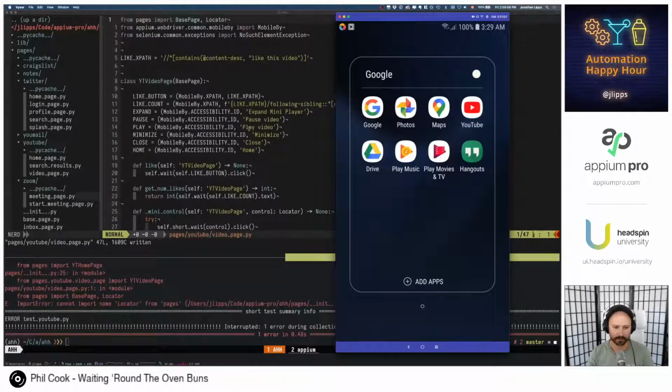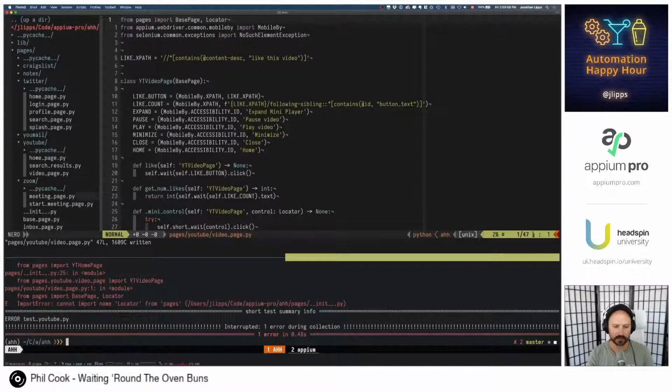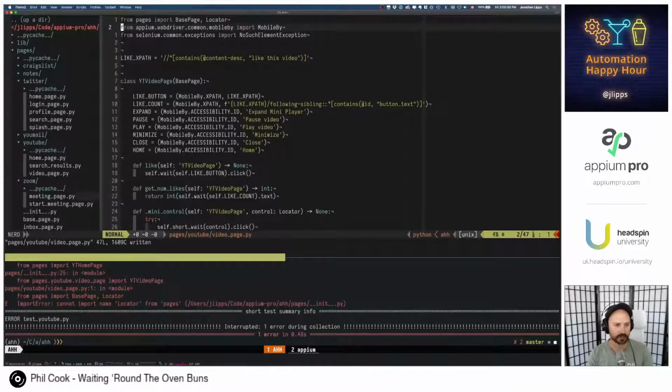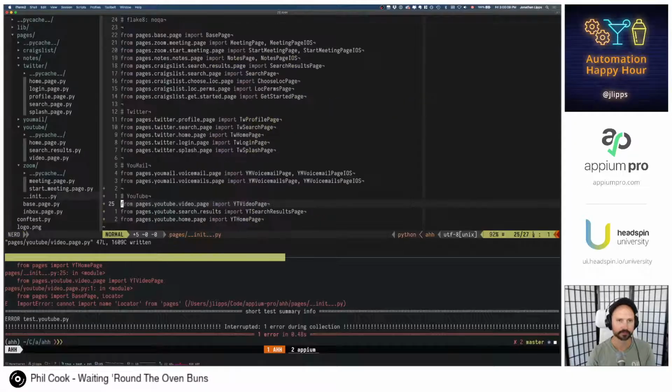We did not get far. Oh, that's because locator is not imported from pages. We should import that from pages.